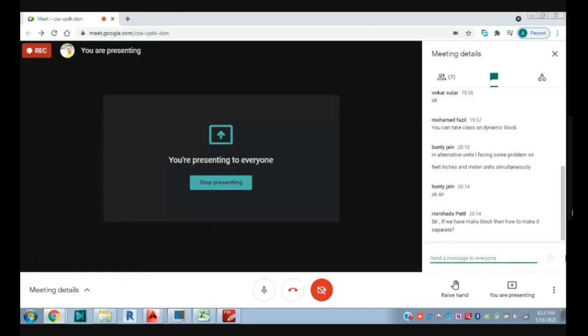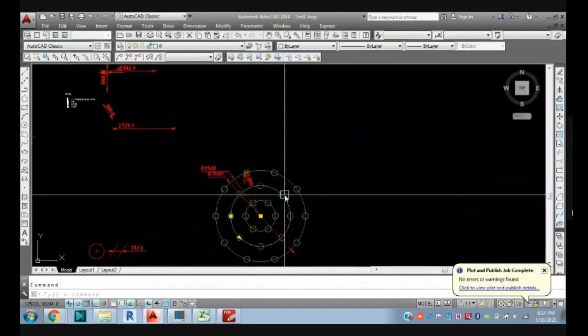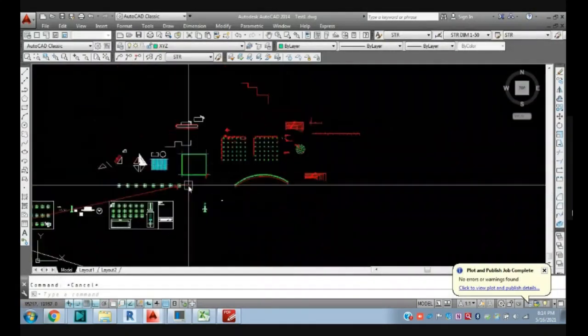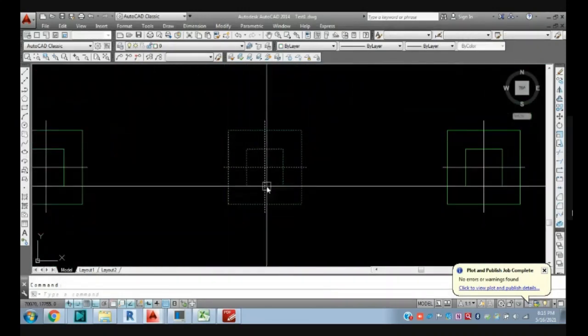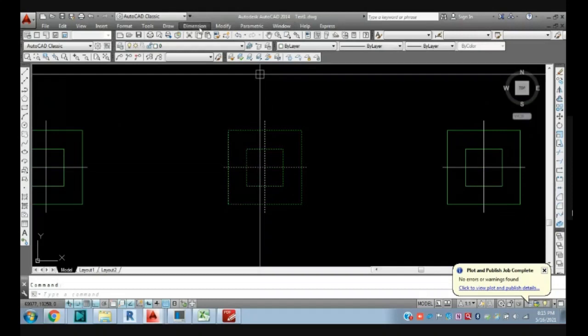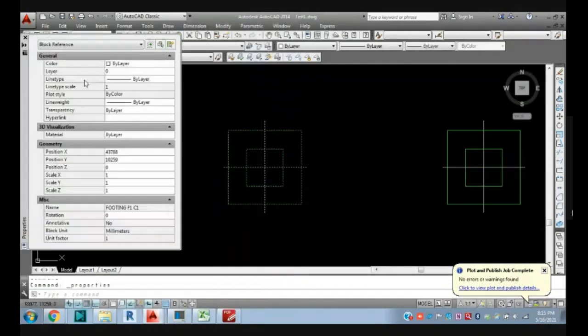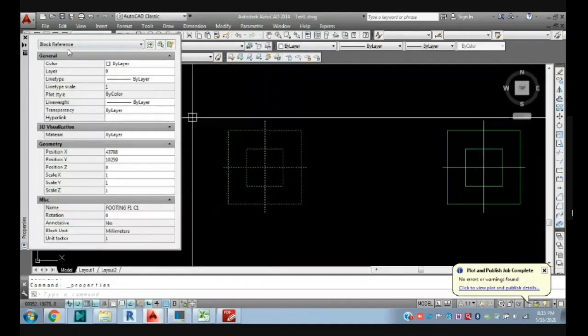Okay. Then, if you have a block, how to make it separate. If you have a block here and you want to separate it, suppose this is my block. You can see here, this is a block. If you check the properties, just select it and go to the properties here, and you can see this is the block reference.